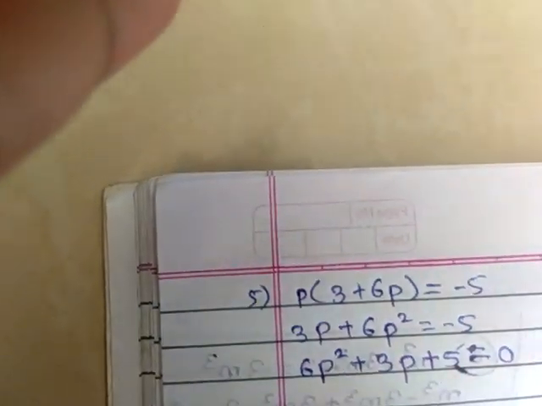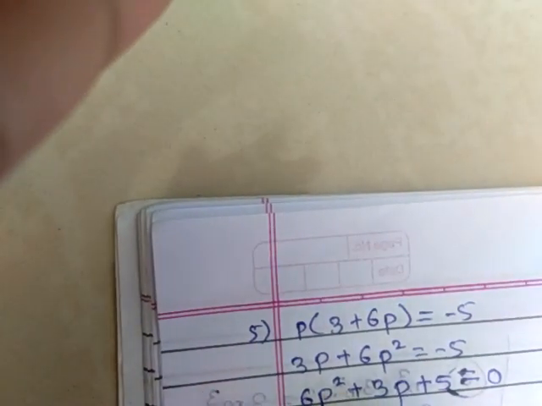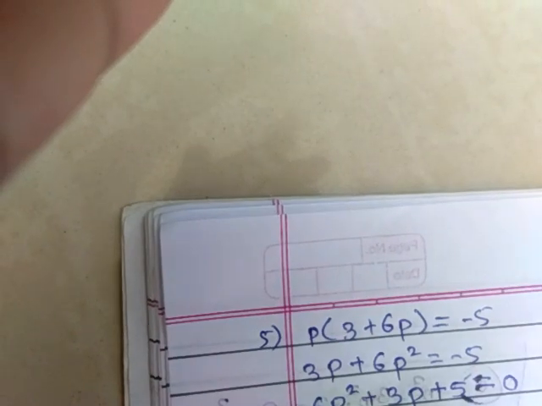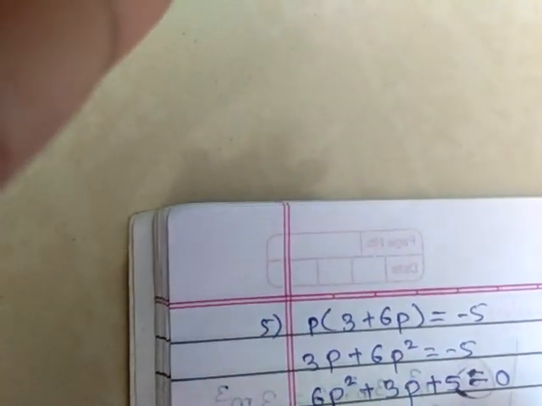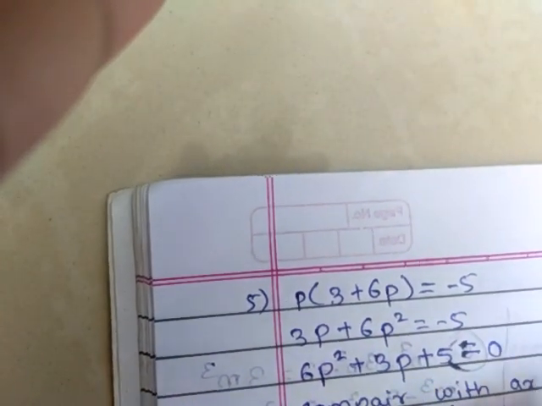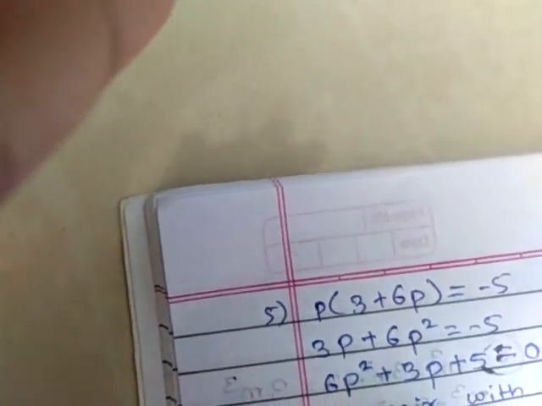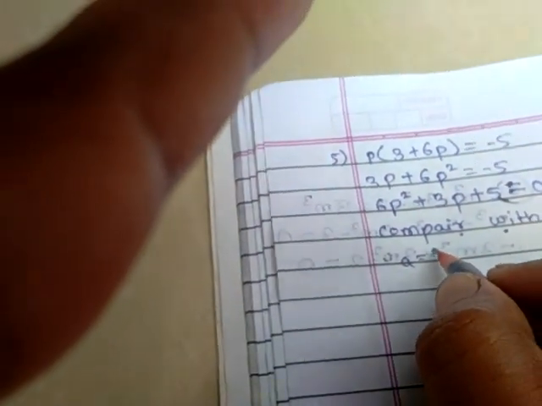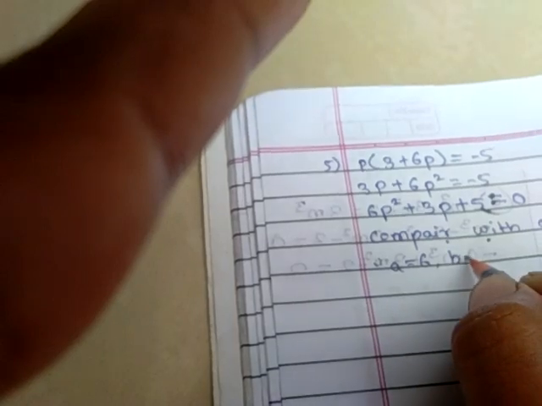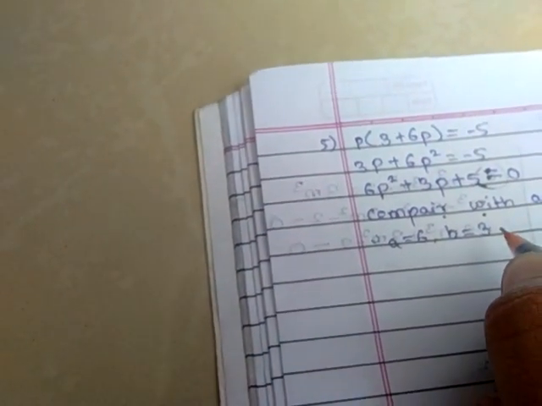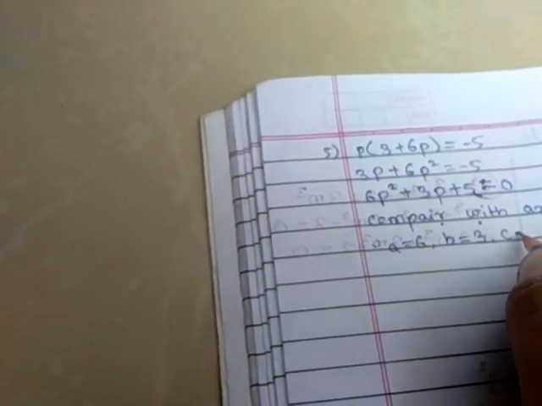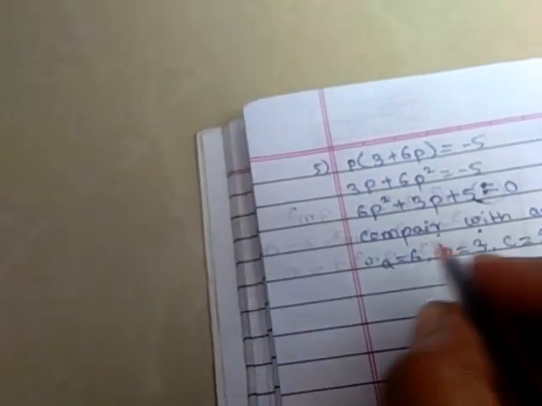Now compare with ax square plus bx plus c is equals to 0. Therefore, a is equals to what? A is equals to 6, b is equals to 3, and c is equals to 5. Now the next